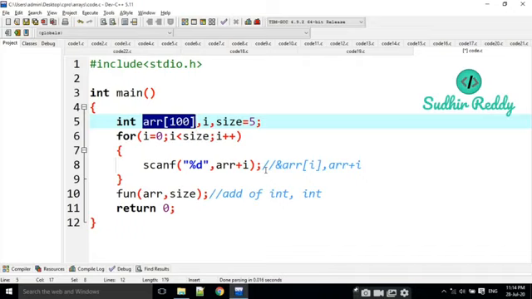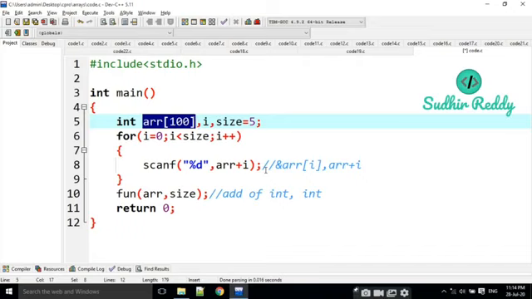To overcome this, we have to go for dynamic memory allocation. There are two types of dynamic memory allocation functions, that is malloc and calloc, and realloc and free are also there. That is for another purpose.